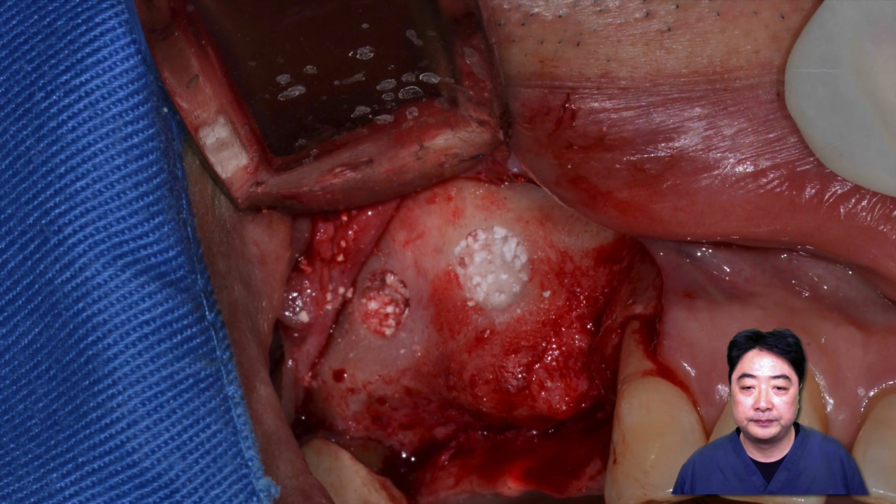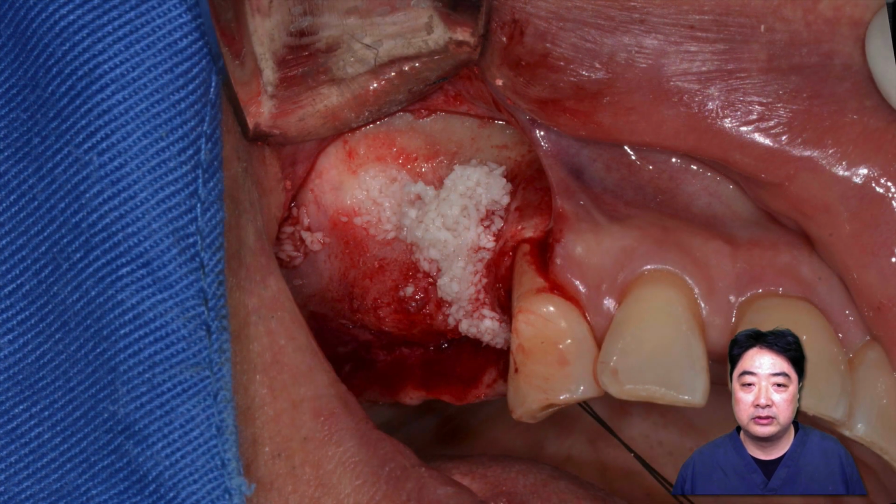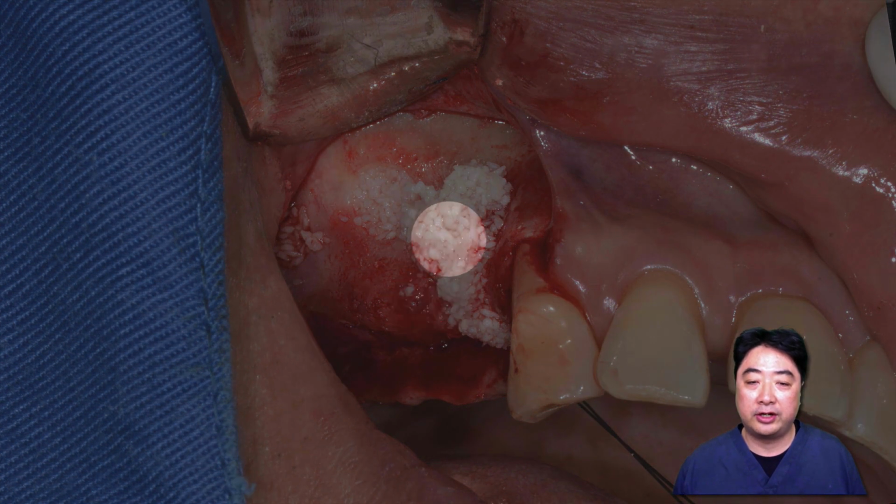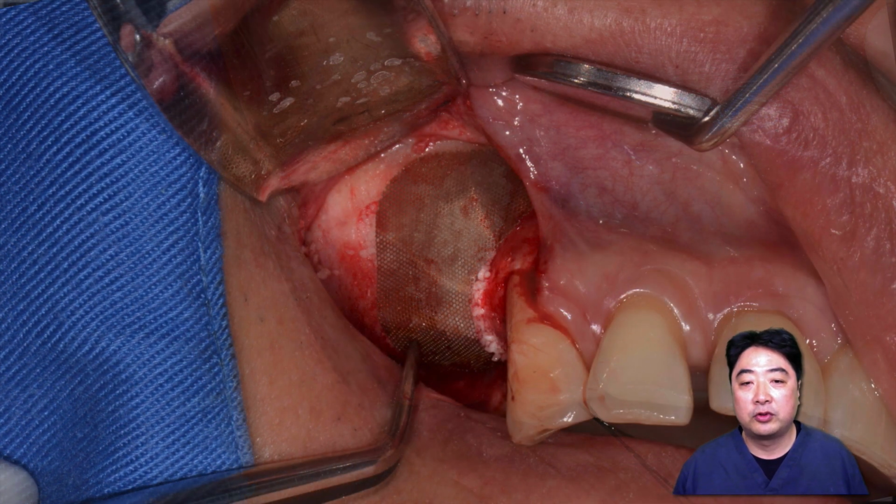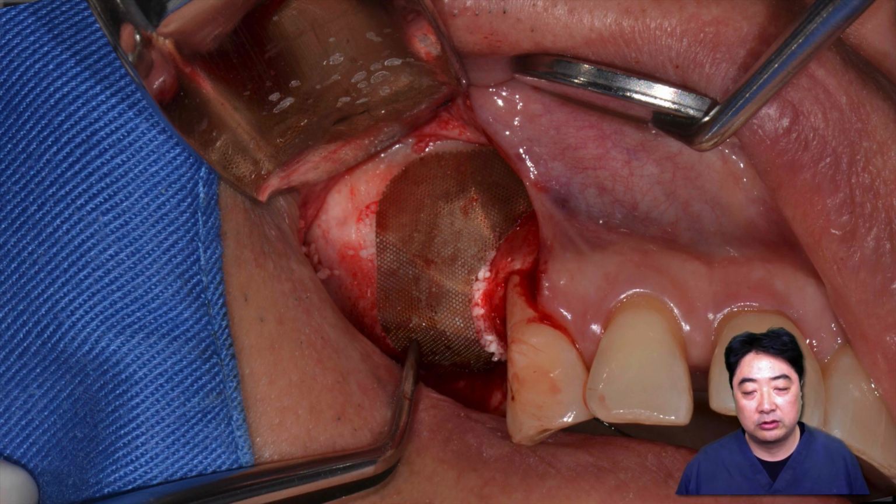I filled the bone, and this time for this patient I used alloplastic material and FDBA, allogenic bone, mixed 1:1, almost equal amounts together. I put it underneath the sinus membrane which I elevated, and I filled the bone defect on the number 14 area together, and I covered it with the Cytoplast